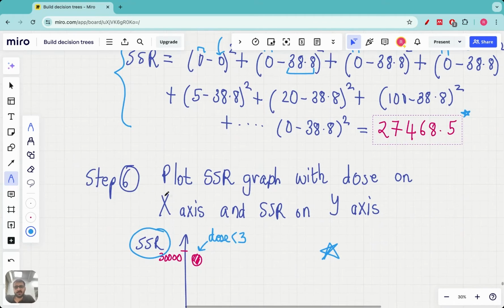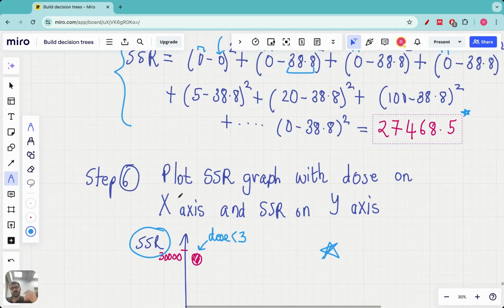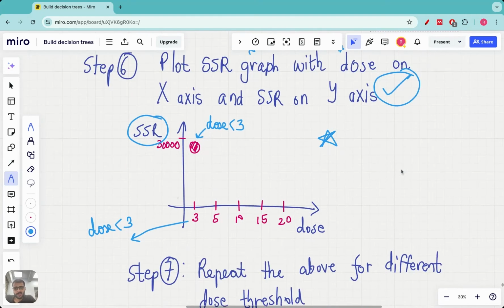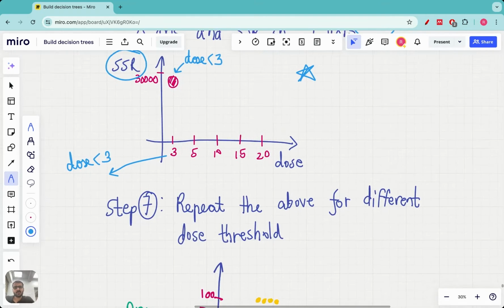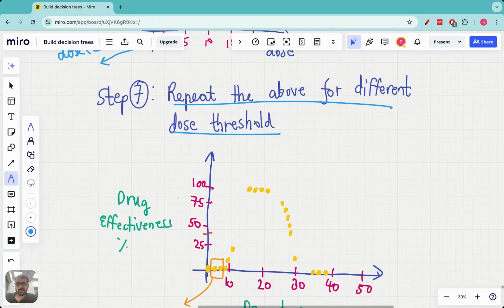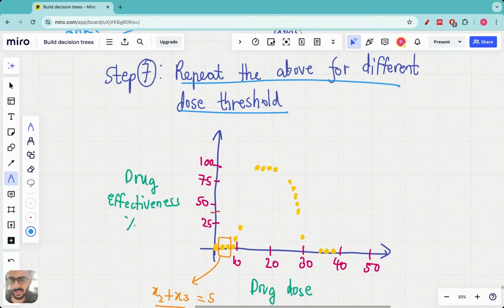We have finished step number 6, which is plot the SSR graph with the dose on the x-axis and the SSR on the y-axis. This step has been finished. Now we move to the next step, which is step number 7. Step number 7 is basically repeat the above same thing but for a different dose threshold. So I'm going to show this entire process for one more dose just to make sure that you've understood